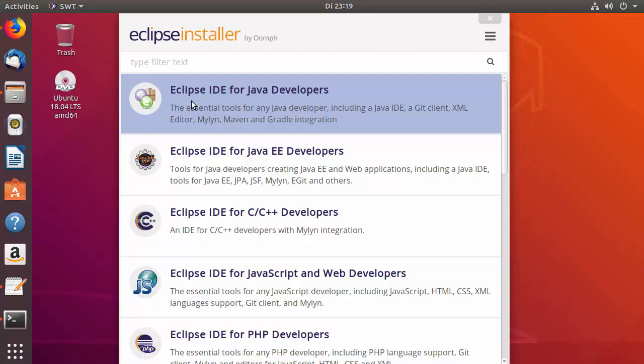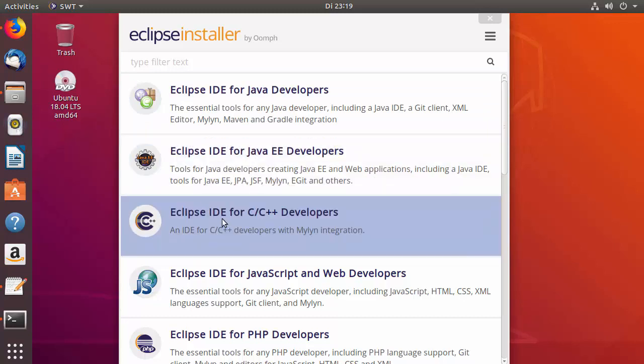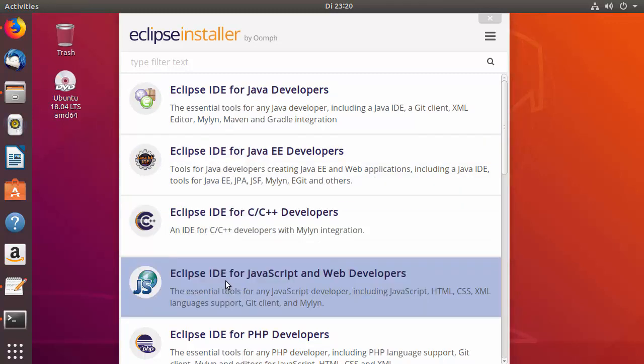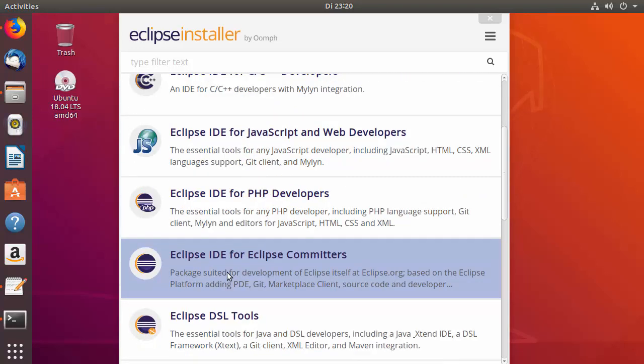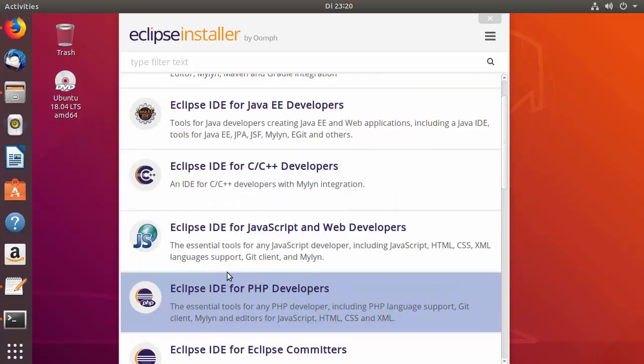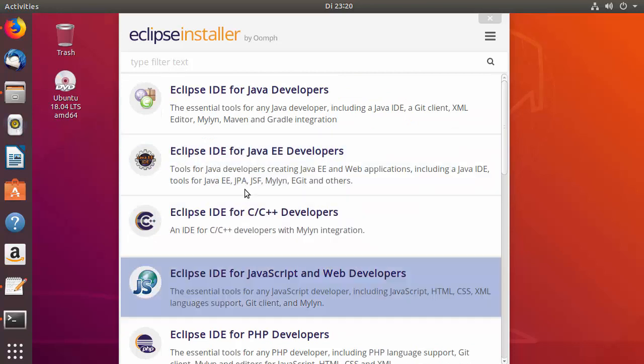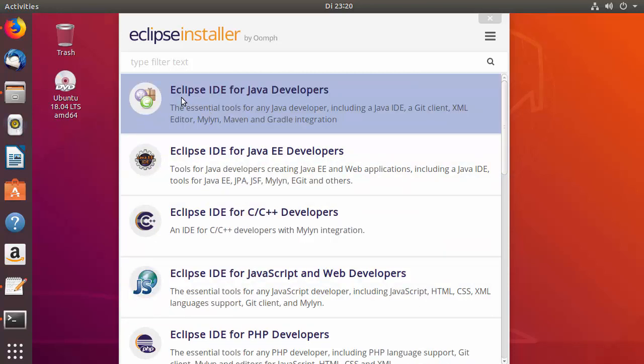So if you want to install Eclipse IDE for Java developers, this is the one you can choose. If you want to develop C and C++ programs, then you can choose this version. If you want to use Eclipse IDE for Java development and web development, then you can choose this version. And there are many kinds of Eclipse IDE available. So what we are going to do is choose the first option, which is Eclipse IDE